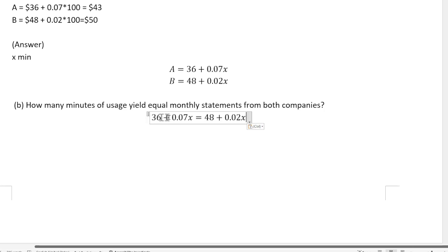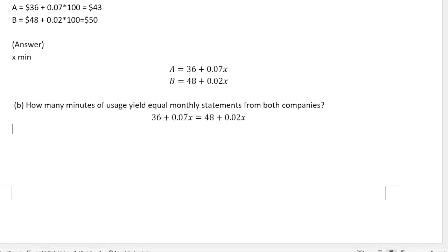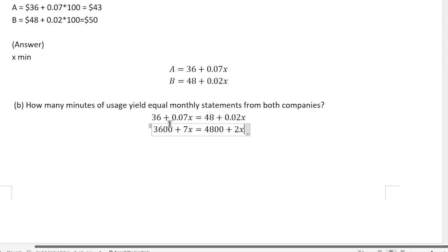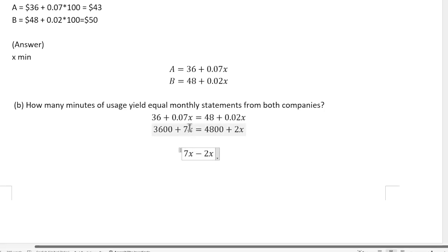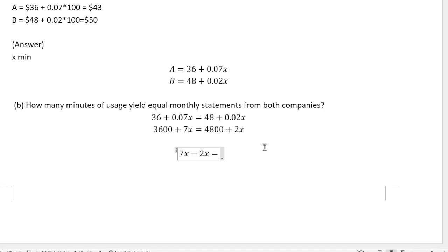And once again, I don't like decimals, so I'll just multiply both sides by 100, so that it's 3600 plus 7x equals 4800 plus 2x. So 36 times 100 is 3600, 0.07 times 100 is 7, 48 times 100 is 4800, 0.02 times 100 is 2. Okay, and then we are going to subtract 2x from both sides. Subtract 2x from both sides. Also subtract